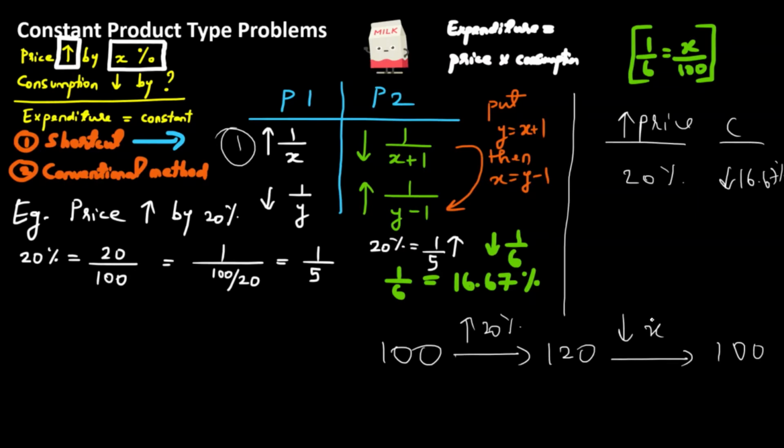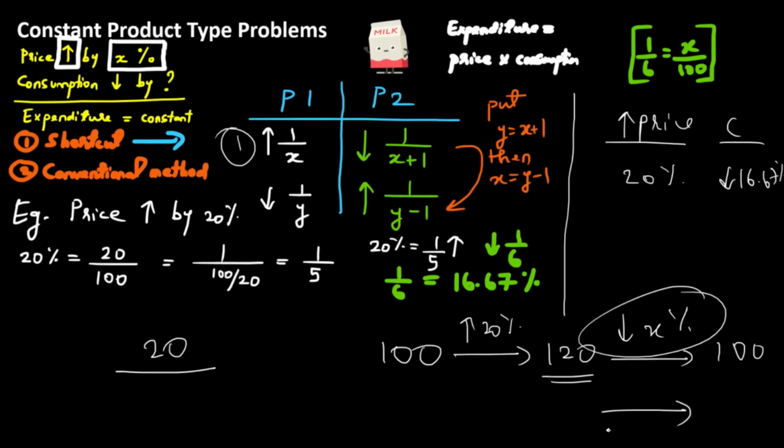So that's the same thing, right? The percentage change, remember, is always change by initial value. The change is from 100 to 120, right? So that's 20. 120 minus 100 gives you 20. That's the change. So 20 by the initial value. So you're going in this direction, right? So the initial value is 120. So 20 by 120 also gives you 1 by 6, which is the same value that we got over here. That's also 16.67. All right.